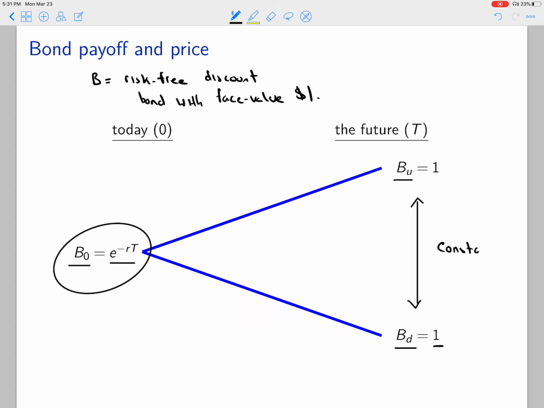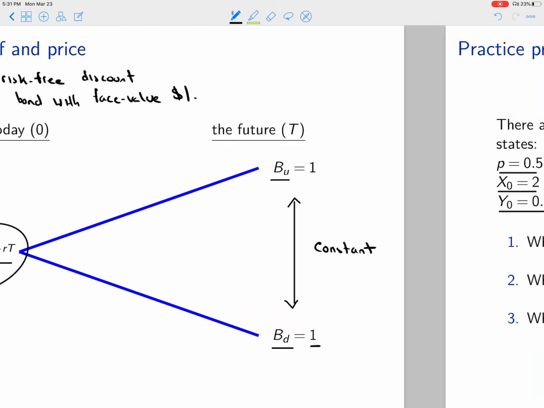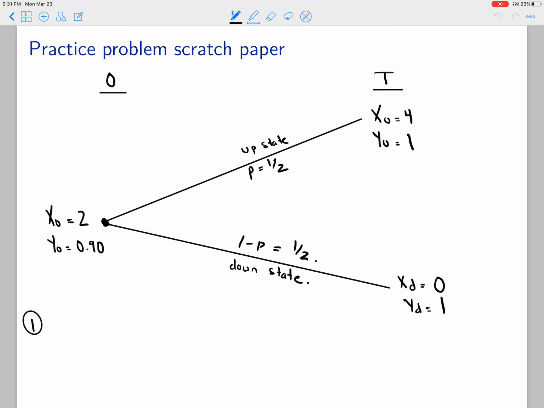Okay, it does not depend on the state of the world. An obvious way to look for which thing is most like the bond is to identify which asset has a constant payoff. Asset Y seems to have this property, while asset X's payoff depends on the value of the state of the world. Asset Y's payoff stays put at $1. Thus, what we can conclude is that Y is equal to the bond, asset X is equal to the stock,